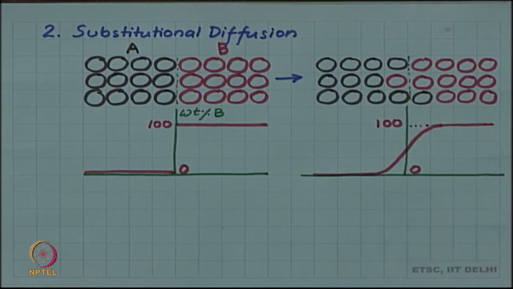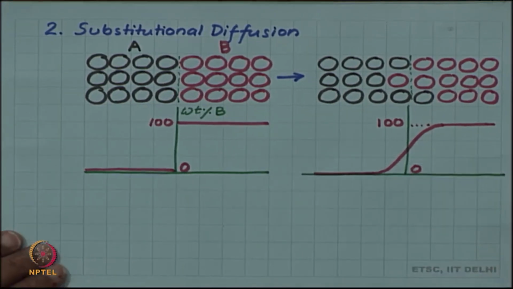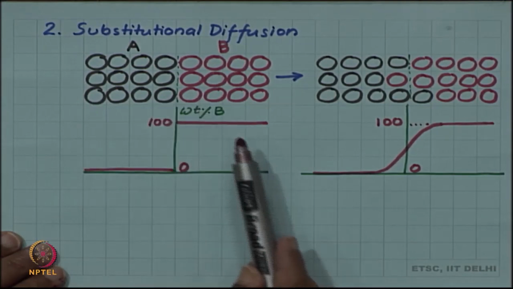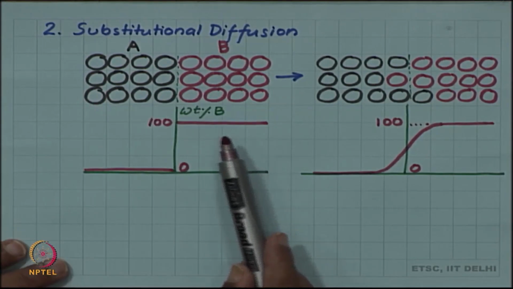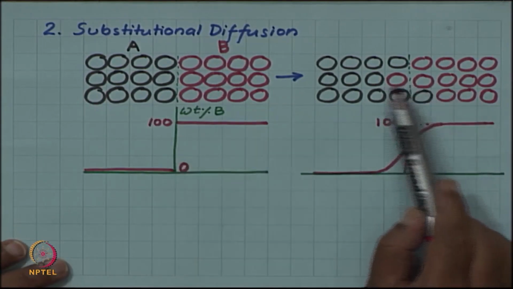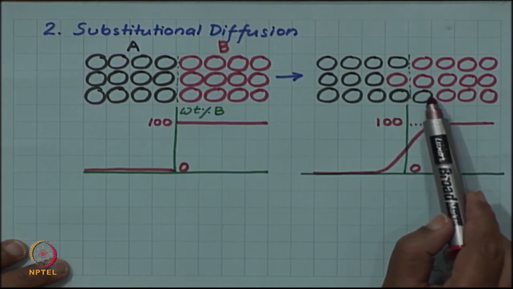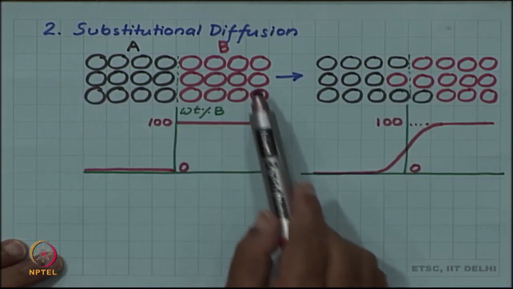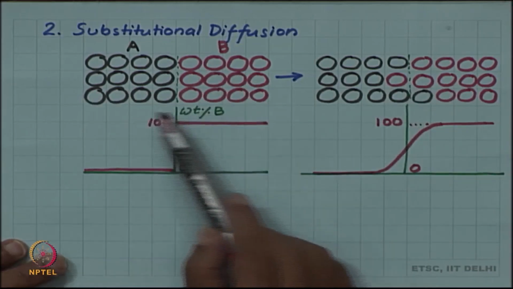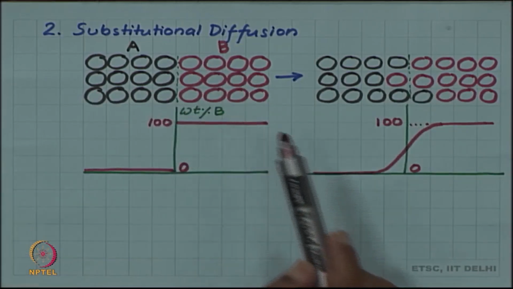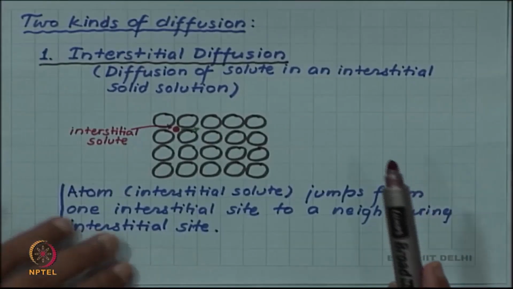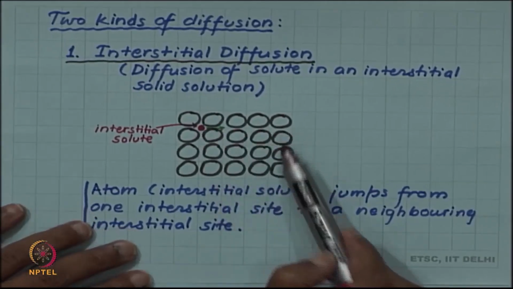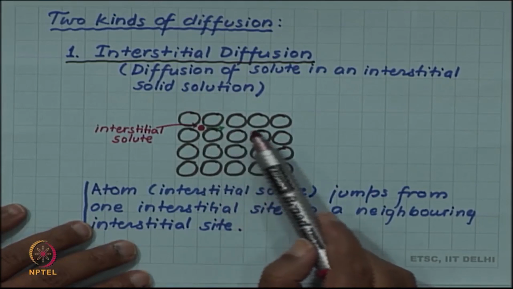So, the question is, this diffusion has occurred, but what led to this diffusion? If you look at the diagram here, it is not obvious how an A atom can get into the B side or how a B atom can get into the A side, because everything is well placed and interlocked into the crystal structure. Unlike the interstitial diffusion which we talked about,